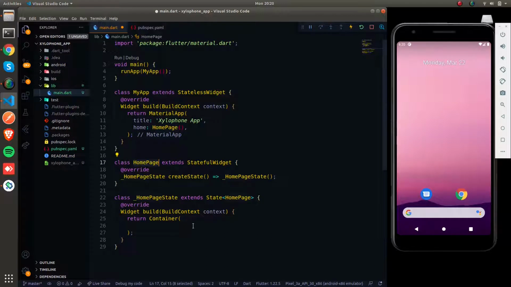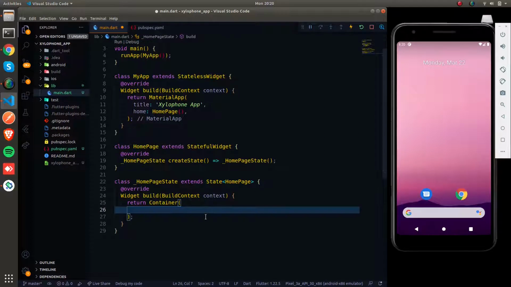So first what we are going to do is we are going to create 7 buttons. As we know that xylophone makes some music, and for that case we are going to create 7 buttons with 7 different colors, and on each button click we are going to play some xylophone music. So that's the goal. So now we are going to build those buttons, and we are going to play the music when the user clicks on a particular button.